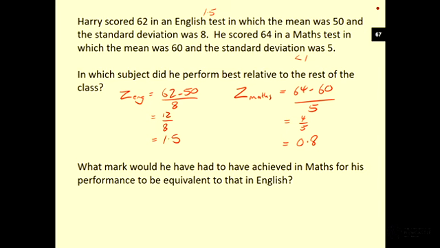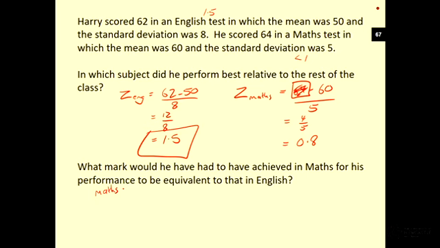Now, the last trap, algebra. What mark would he have had to have achieved in maths for his performance to be equivalent to that in English? So we're changing it; we're not telling you what he got in maths. We're saying, what would he have needed to do in maths? In other words, question mark, in order to have achieved as good a performance as he did in English. So what it's saying is,